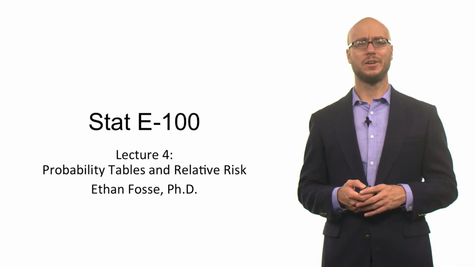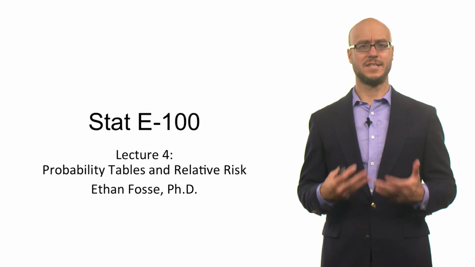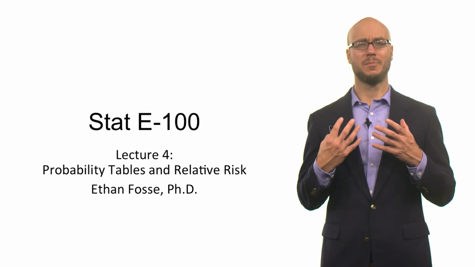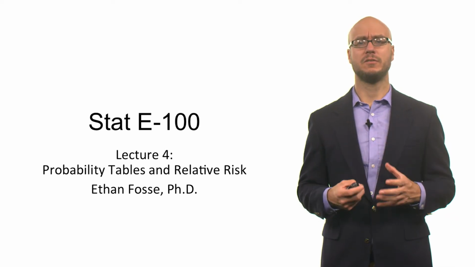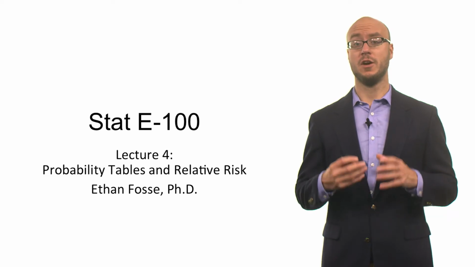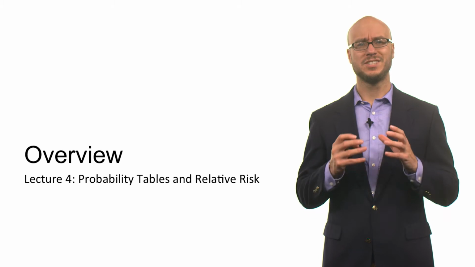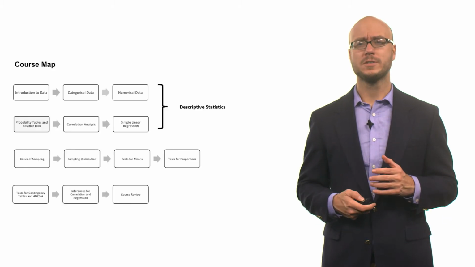Hi everybody, welcome to lecture 4 of STATS100. For this lecture we're going to talk about probability tables and relative risk, a measure of association for two categorical variables that are binary. So just to give you an idea of where we are in the course right now,